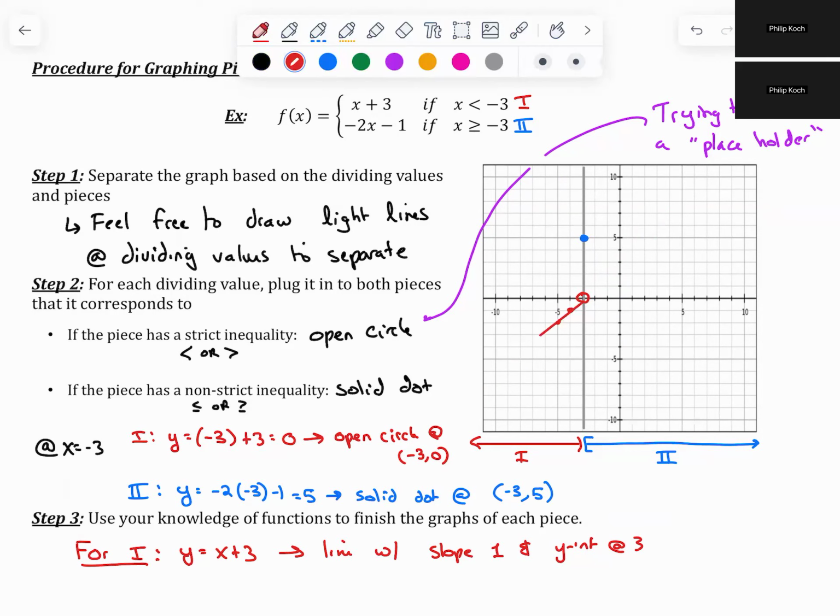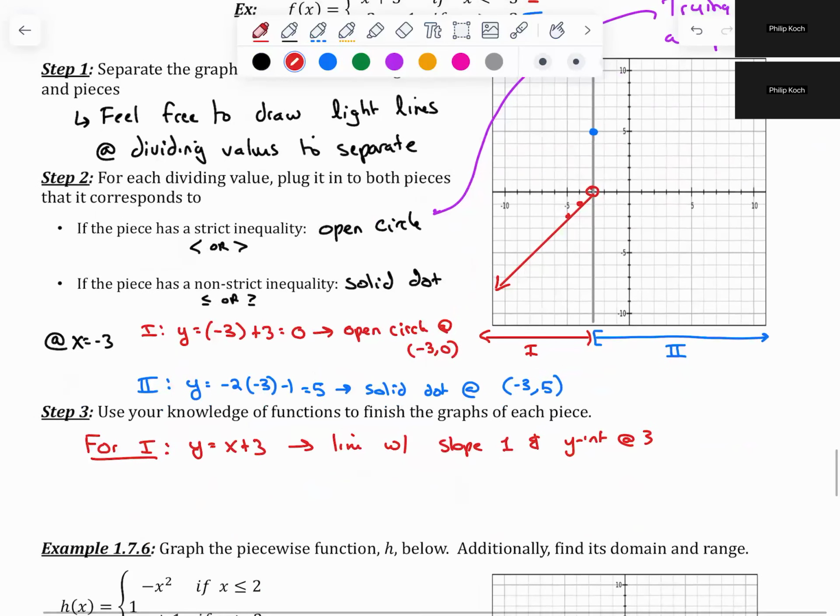And then you can connect the graph with the 2 dots. Like that. So you need to have a slope of 1. So instead of going up 1, right 1, I'm going to go down 1, left 1 to find the slope. And similarly, for 2,